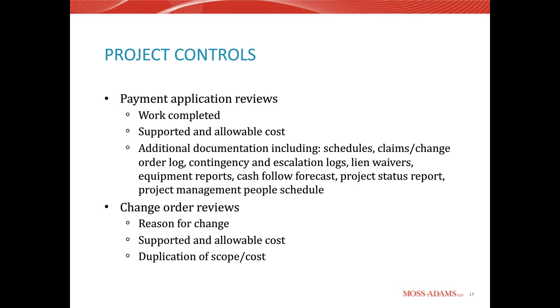Equipment, which is something that Peder talked about. Your cash flow forecast. And you want to compare your cash flow to your work completed and your schedule, just to make sure that everything's jiving and flowing in the correct direction,